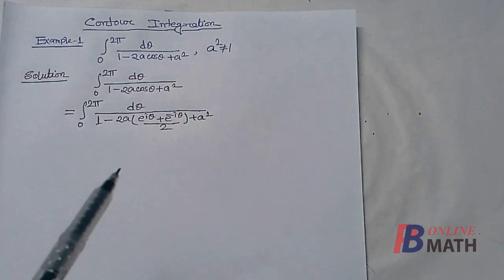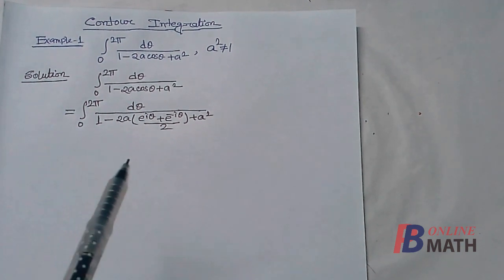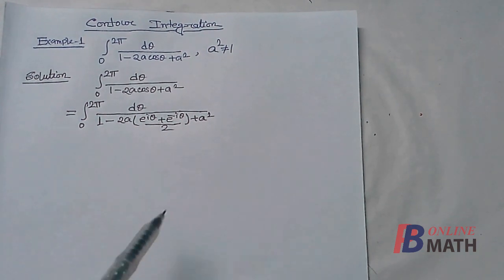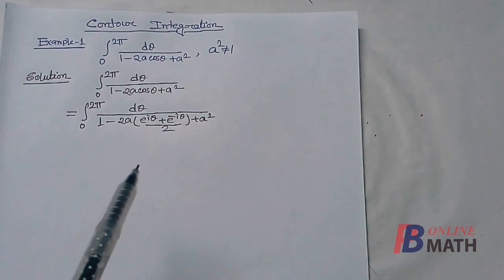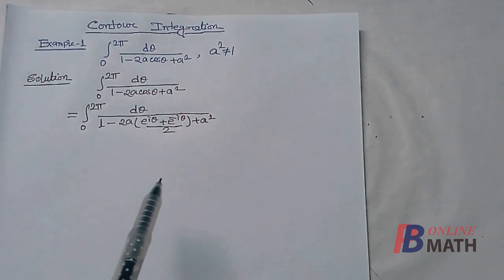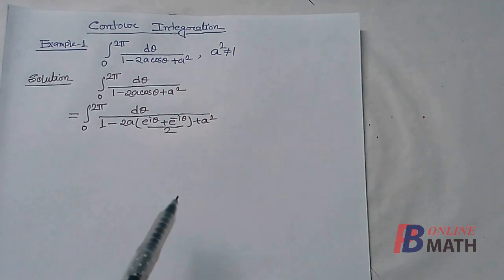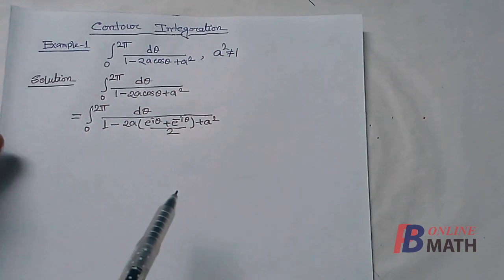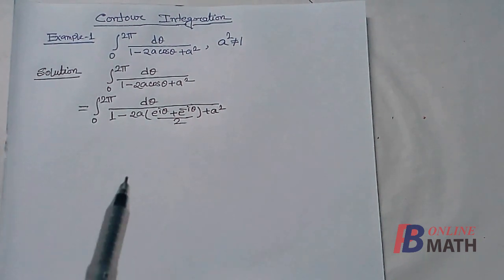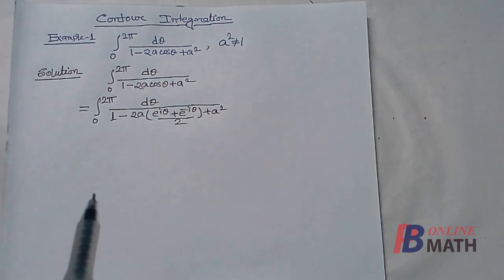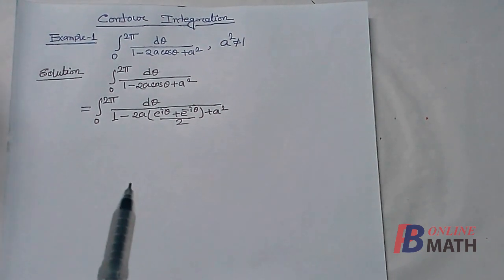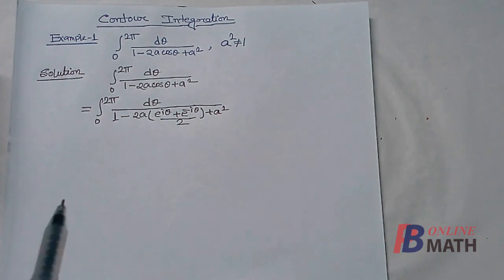Now the most important part in the contour integration technique is the selection of the contour. So we have to select a suitable contour. Remember that a contour may be circular, maybe semicircular, maybe rectangular or any other closed curve. For this problem we have to select the suitable contour. There is no specific method to select the contour, but there will be some clue in the question from where we can select it.